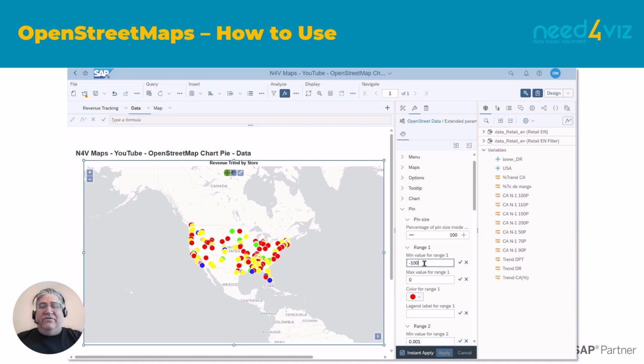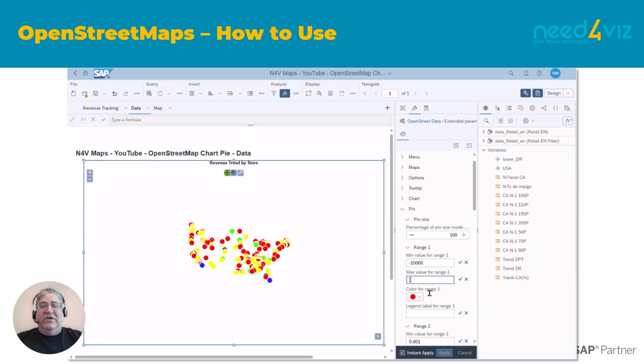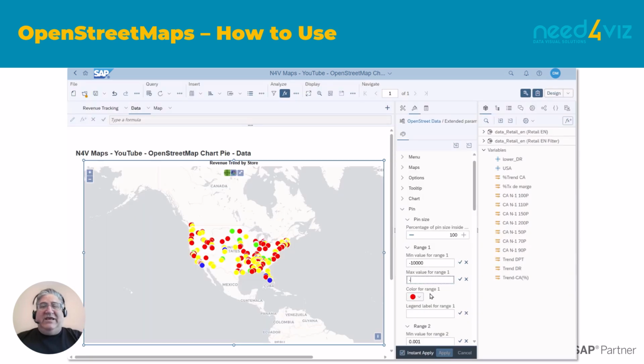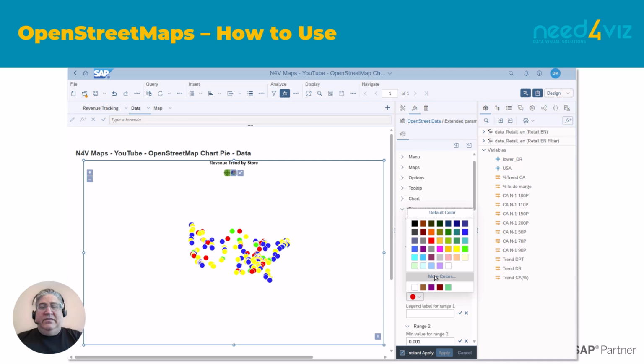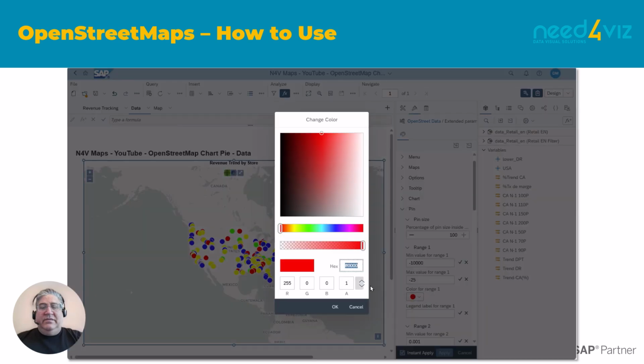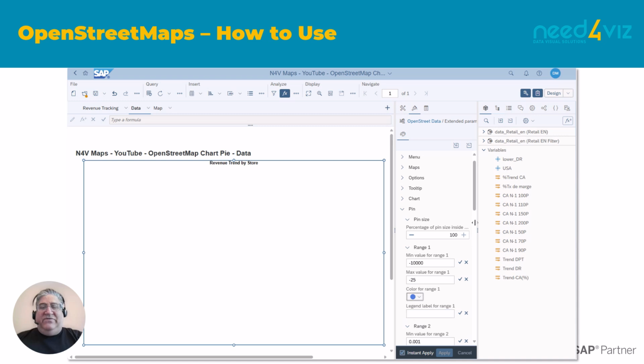So I can have 3 ranges. So range 1, I'm going to make blue for negative data. Okay, and so now I'm going to set range 2.